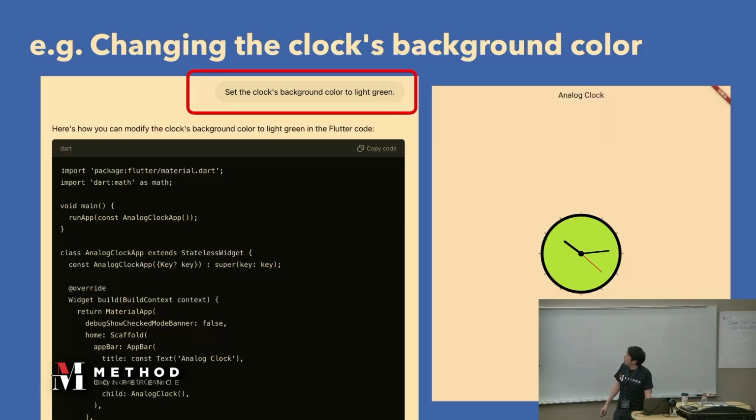Okay, first modification is here. I'd like to change the background color like this. So we have to throw a very simple prompt like this. I wrote: set the clock's background color to light green.